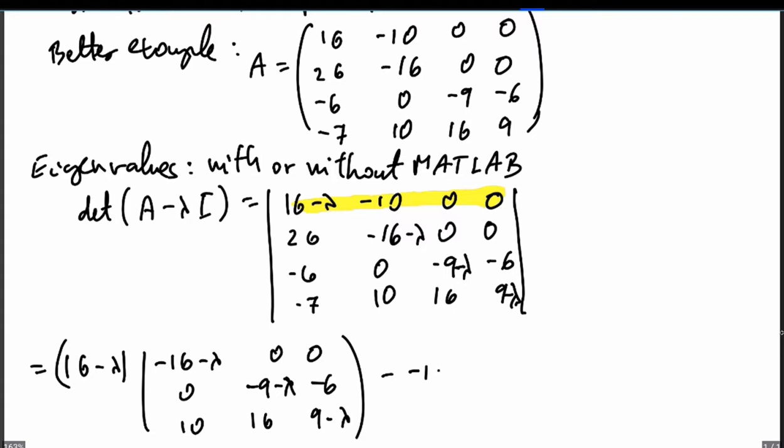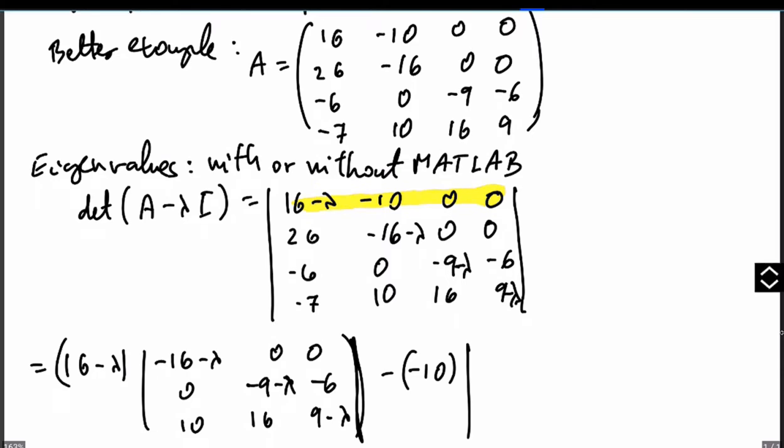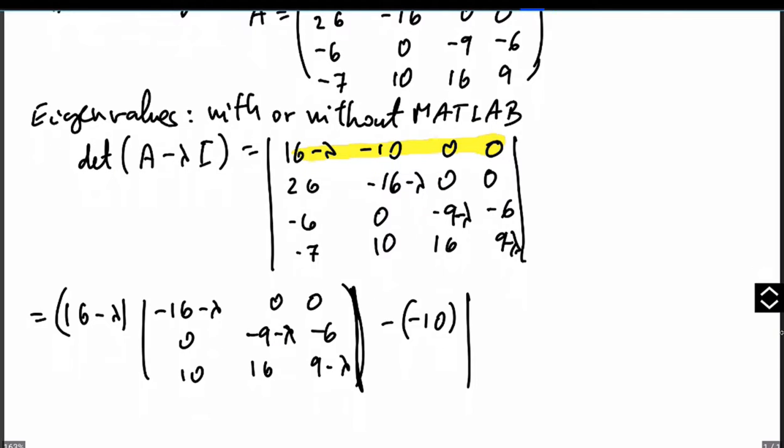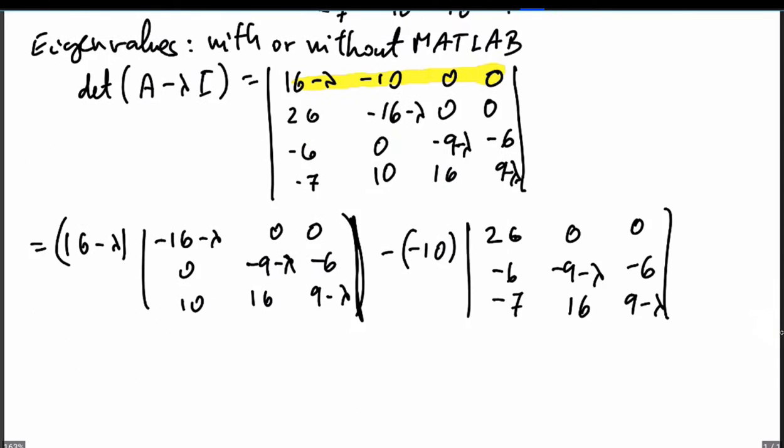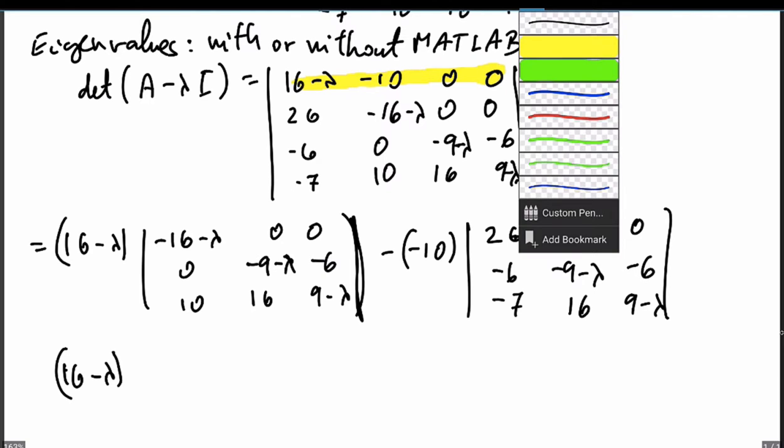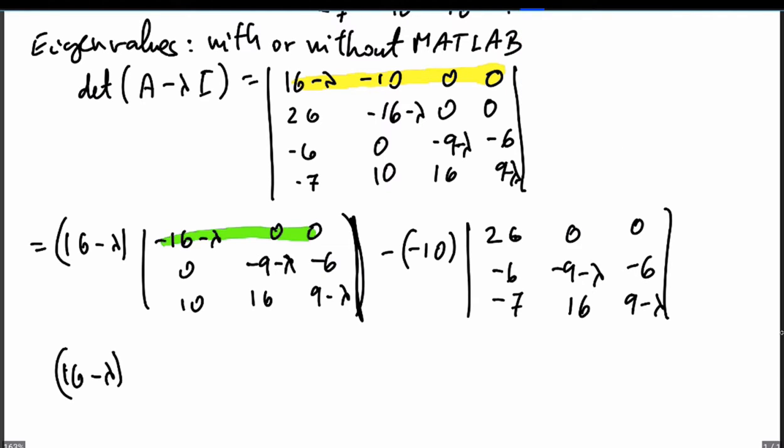Then minus 10, the second entry, times the determinant of the 3x3 matrix that we get by covering the first row and the second column. Expanding this 3x3 determinant is again nice because it has a lot of zeros in the first row, for example. So if we expand it using the first row, we get minus 16 minus lambda,